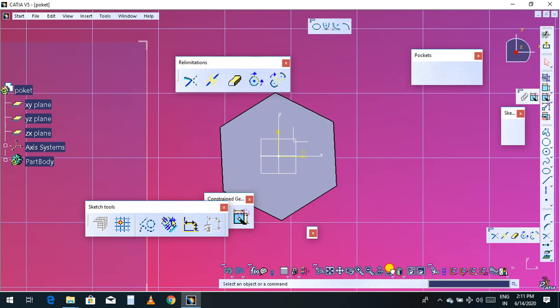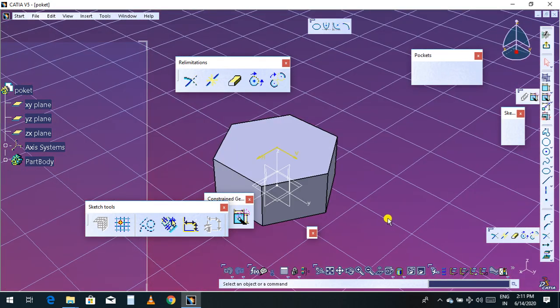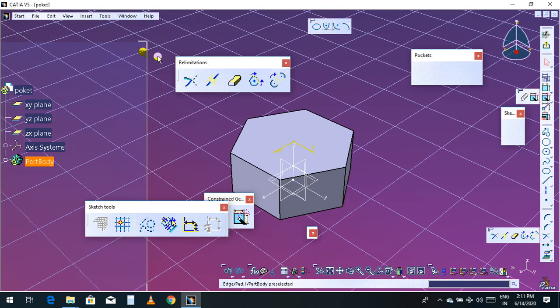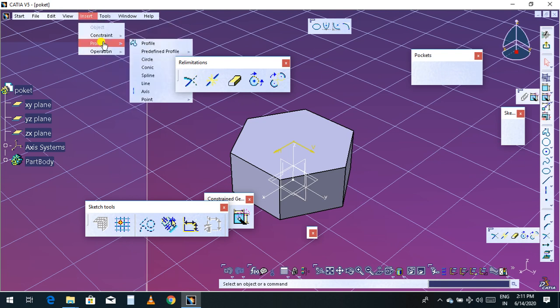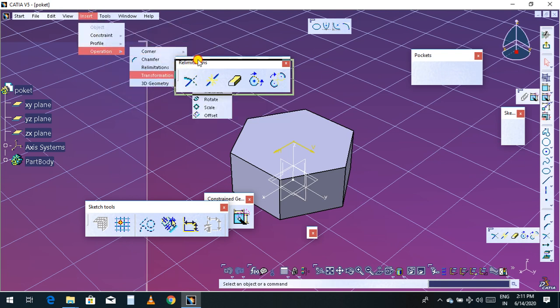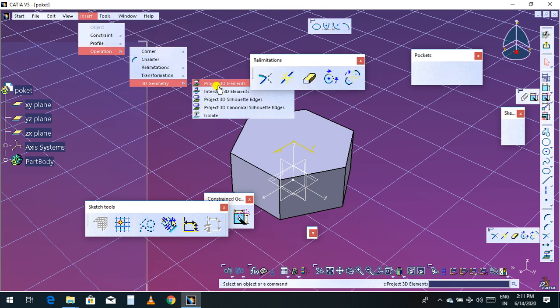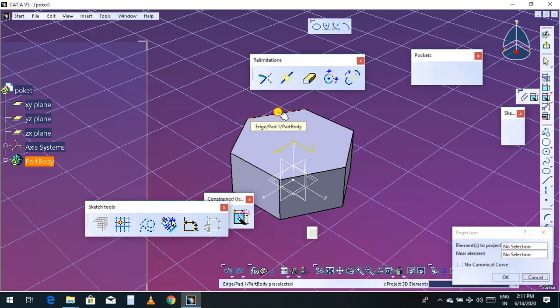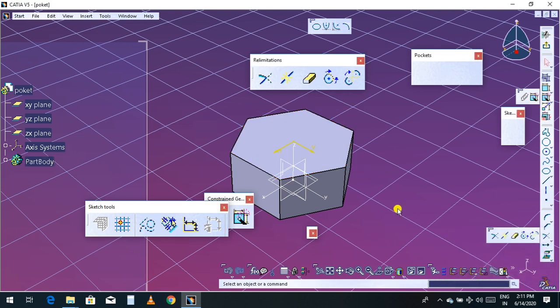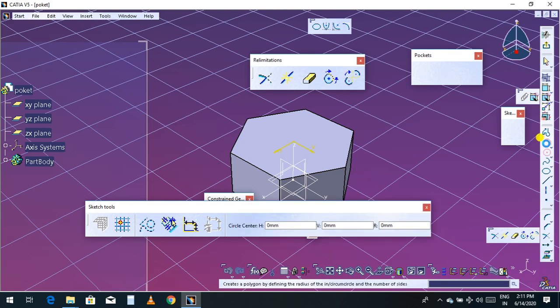Now you can rotate or go to isometric view. Now you can go to insert, operations, 3D geometry, 3D element and select all the edges. So no need to sketch further if you want this shape as it is. So this is one way, and the second way, you can sketch on this circle. So select circle or pentagon